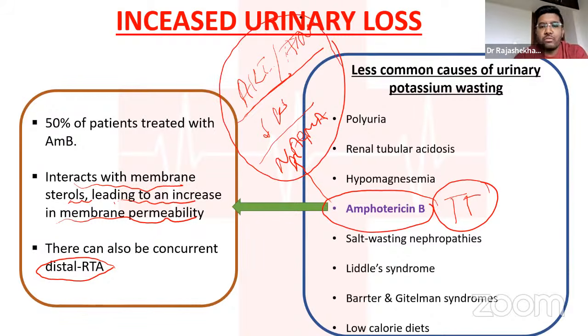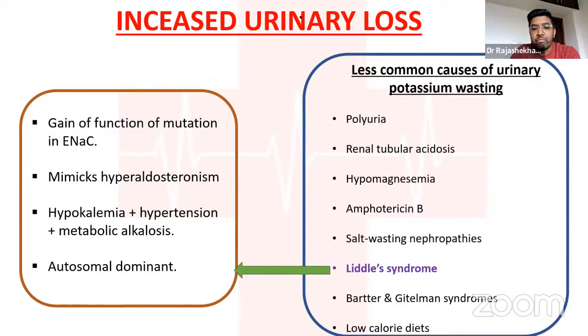So in a patient on amphotericin B, usually after starting some 2 to 3 days, if you are not using the liposomal variety, it is very important to look for these side effects in your patient. Hypokalemia is very difficult to manage in case of amphotericin B. If any PG has managed this, they might know the difficulty of managing hypokalemia in amphotericin B.